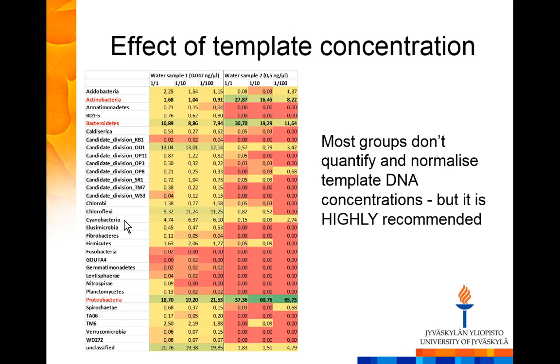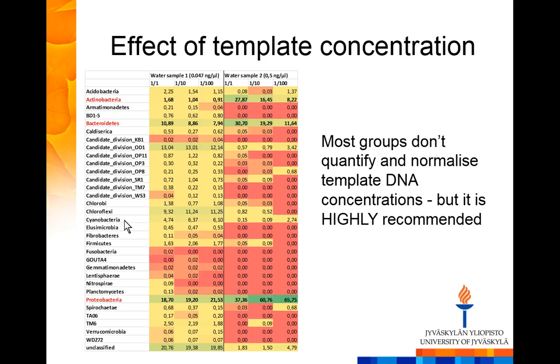And you can see that for Actinobacteria, it almost halves when you dilute your DNA sample. In both samples. Here it actually reduces to about 1/3. For Bacteroidetes, in both samples, you also see less sequences when you dilute your sample. And for Proteobacteria, definitely much more sequences, or much bigger relative abundance, like here from 37 to 66%, just because